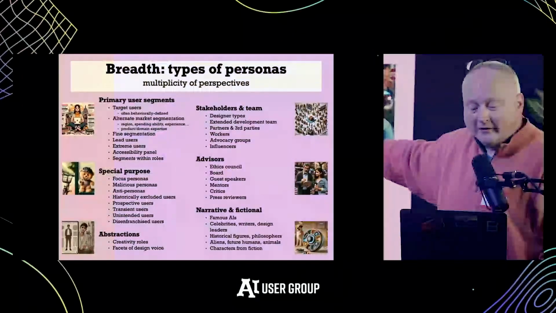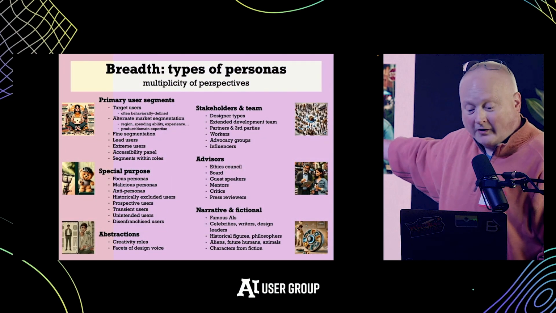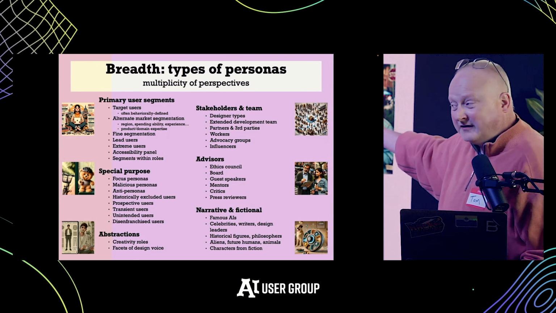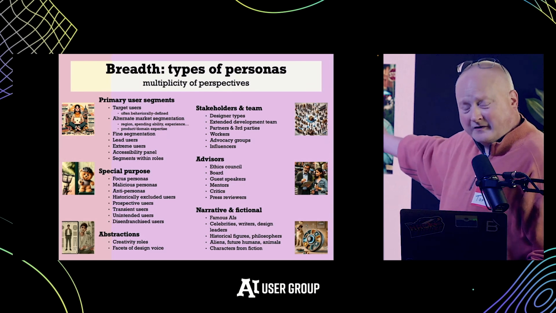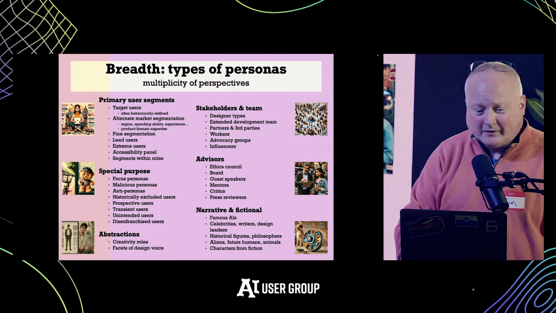I have some interesting advisor examples, and then you can pick any kind of fictional character, or I have celebrities, or I even have an animal here. The dog is a persona, and that made a dog user interface. It was actually a good exercise because it made pretty good dog toy ideas. So all of those are options.